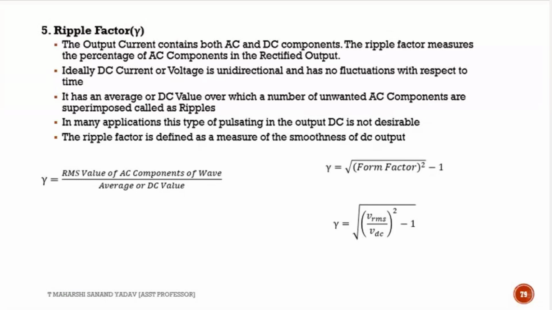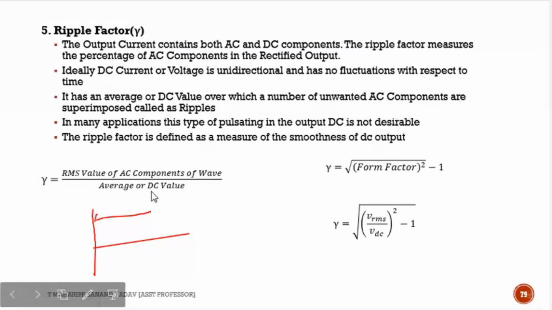So ripple is something which contains the unwanted noise. It is simply the unwanted noise that is present in the rectified output. So we want the output in pure DC format, but what I'm getting is some unwanted ripples over this DC. Simply, we can call it noise. So my intention is to remove these ripples. In order to remove them, what is the concept? Filter. Filter is the concept that we use. Under filter, we make use of L filter, C filter, or else LC and CLC.